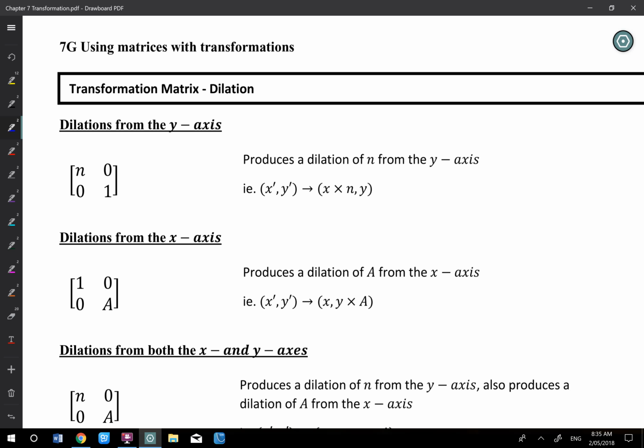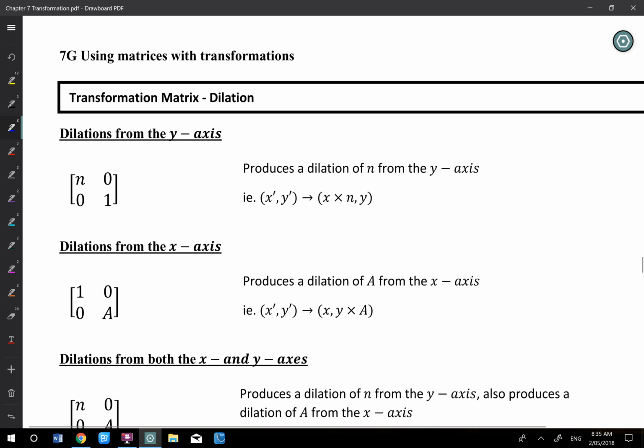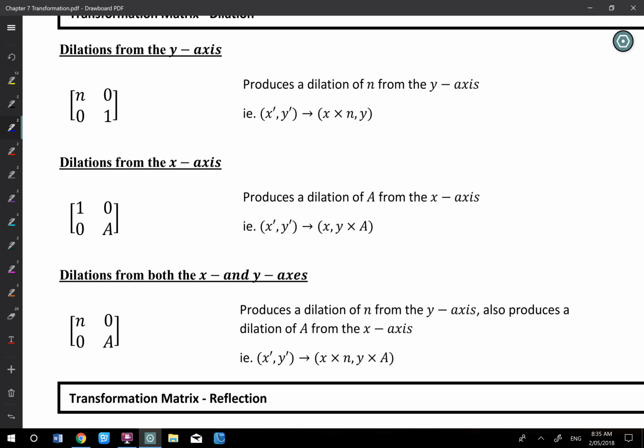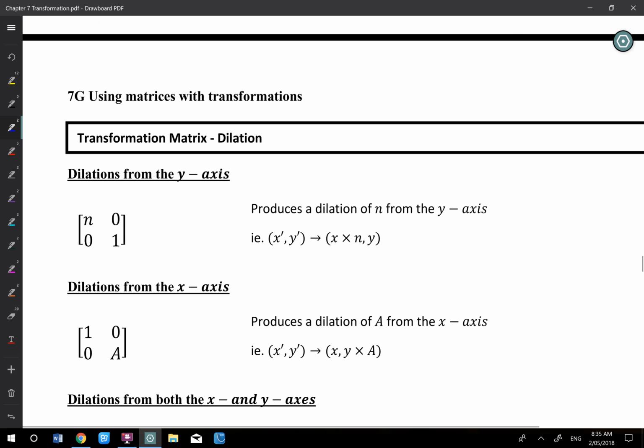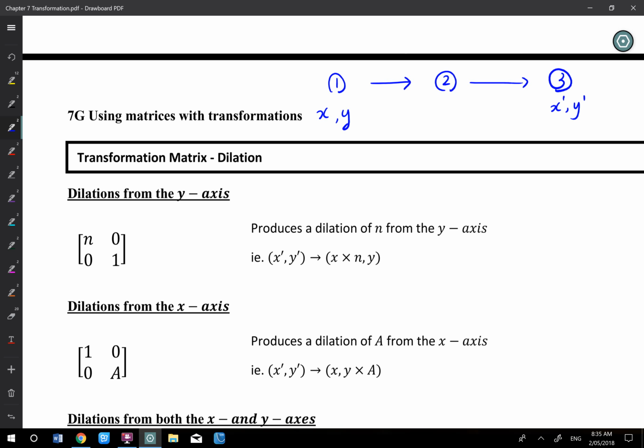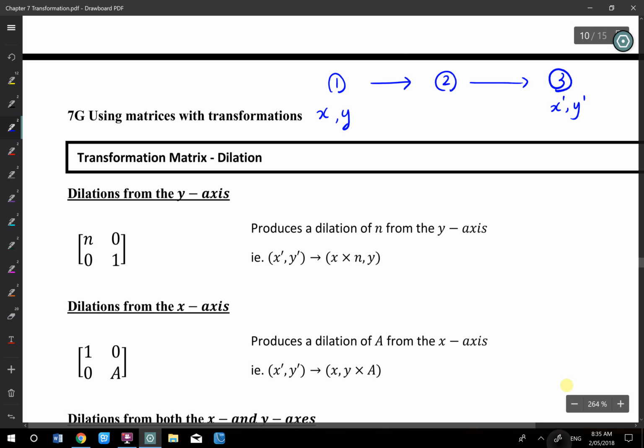Now we will do something like dilation, reflection, transformation by using matrices. So, matrices is equivalent to what? I'm not sure if you still remember last week's thing. We have 3 steps to do the transformation. We have the original function x and y. We have the finish, the resultant function, as x dash and y dash. And in the middle, that's a transformation